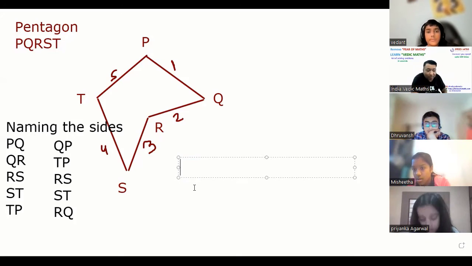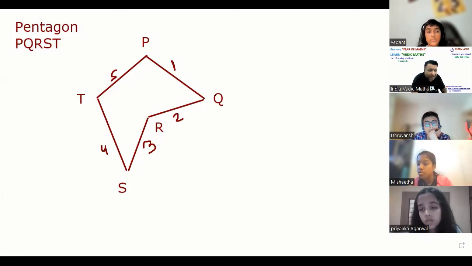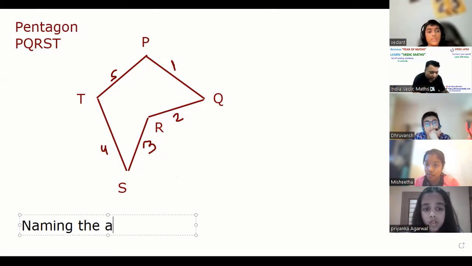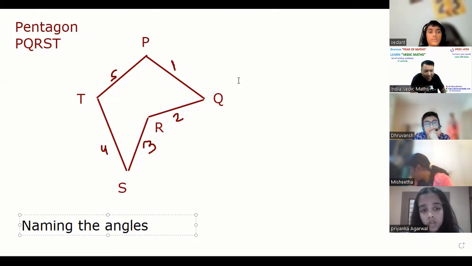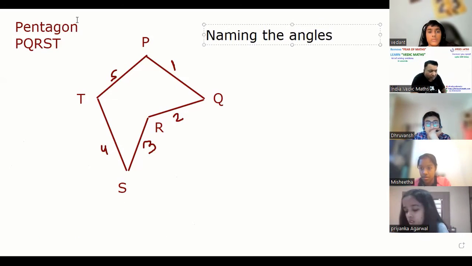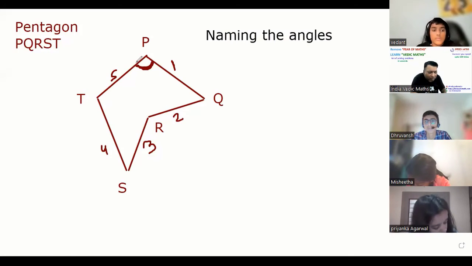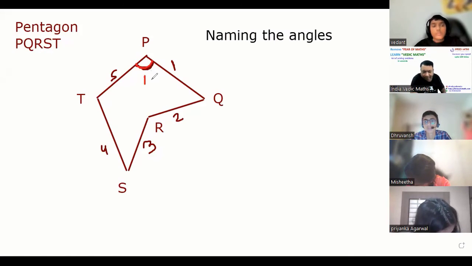Now, the most important thing I'm going to tell you, which a lot of people make mistakes in: naming the angles. What I want everyone to note down is this. Suppose I am naming this angle, let me put it as 1. Now, this angle 1